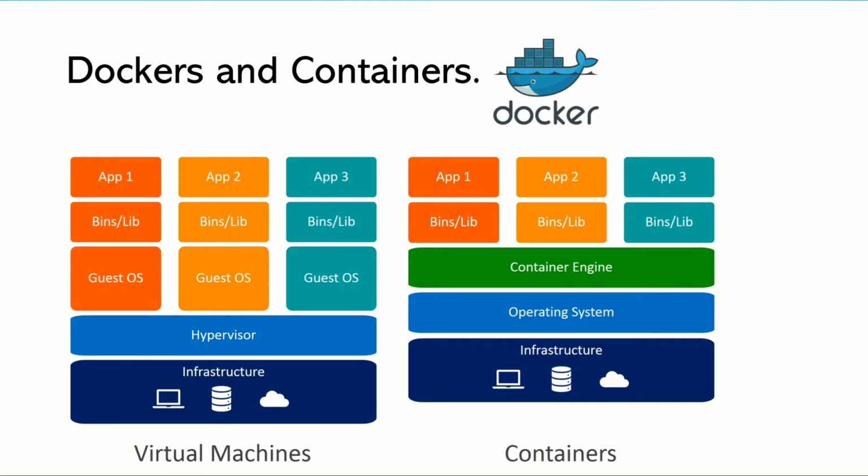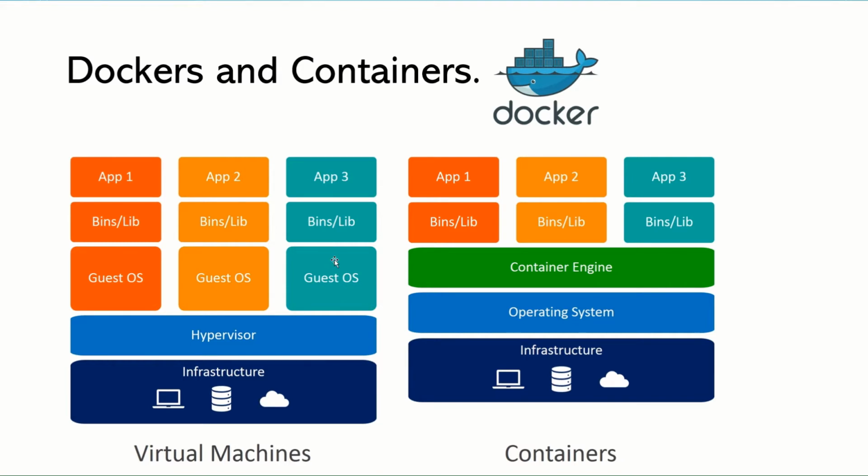So Dockers and containers is a new type of virtualization which has changed the way the industry is looking into virtualization. This is our traditional virtualization wherein we have our physical server hardware on which we have a server OS, and after the server OS is installed, then the virtualization happens where you can install multiple different types of OSs. So you can have your Ubuntu, you can have your Windows OS, or you can have your CentOS or any